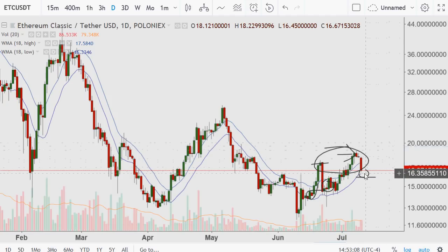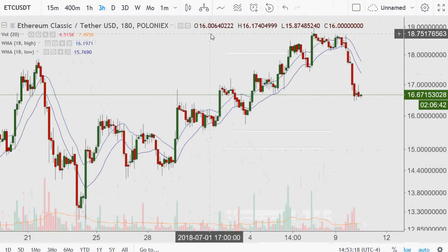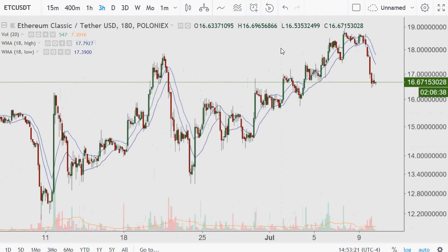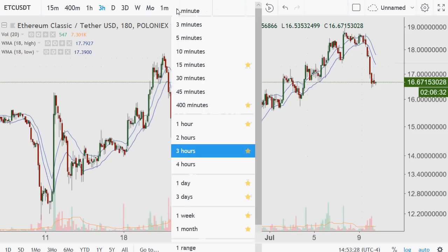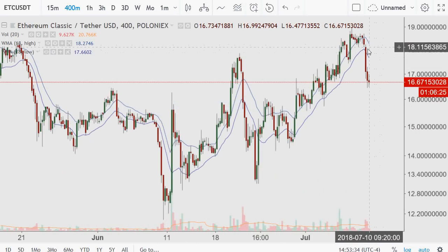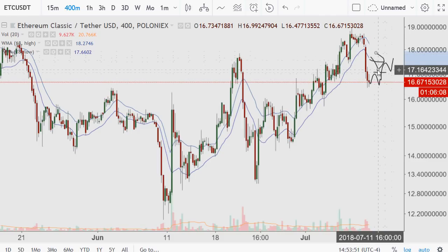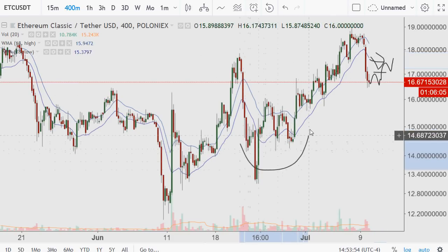When you see a situation, though, if it bottoms in this area and it starts to have some nice momentum that you can see clearly on the shorter term time frames, you will use the 3-hour as an example here, where you have something in the, let me even use a 6-hour. Let's do 400 minute. Okay, a situation in here, you see it well below the 18. So you let this settle down a bit. Maybe it comes down to the 18, comes down in here, price action, and then you just wait for some sort of decent setup, and then you're confident that in this new bull market, because after this support test, it has its leg higher,